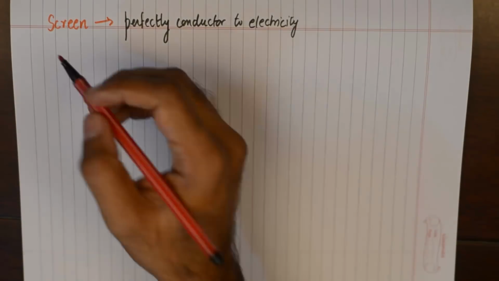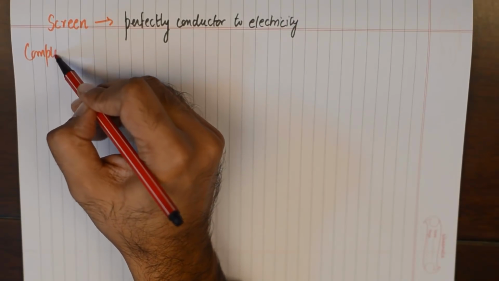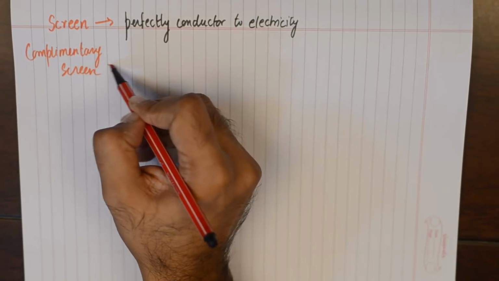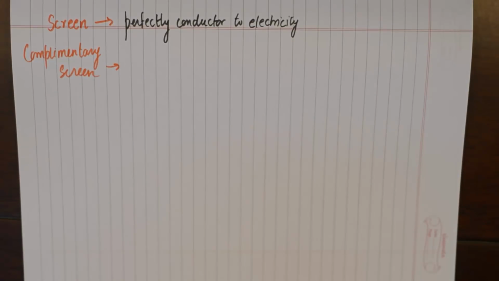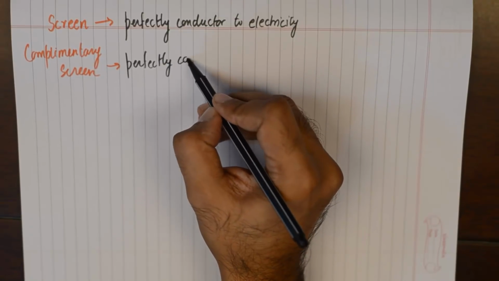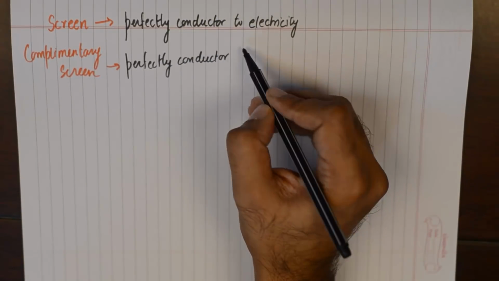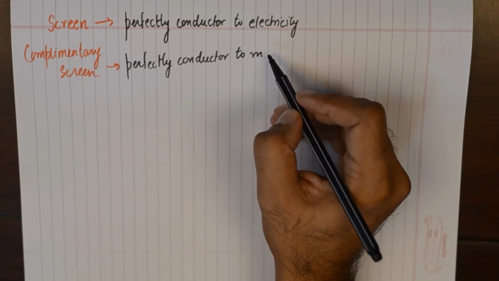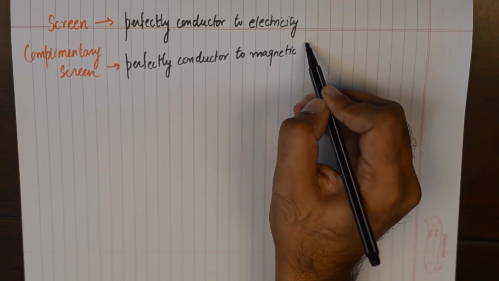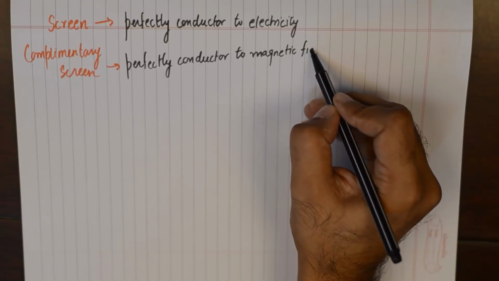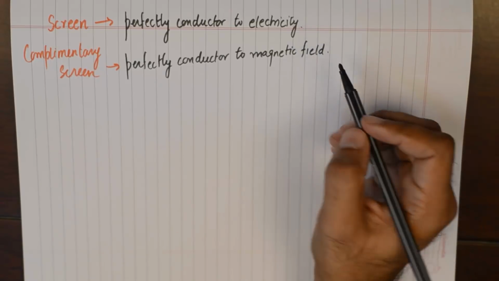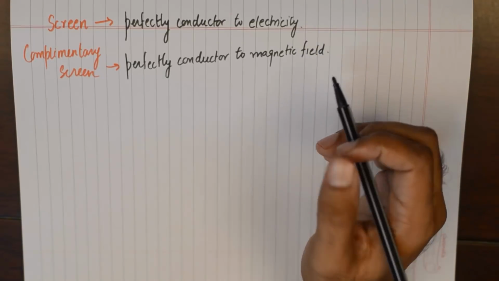And he says that the complementary screen is a perfect conductor or conducting to magnetic fields or magnetism, you could say in simpler terms, because we do not have a concrete